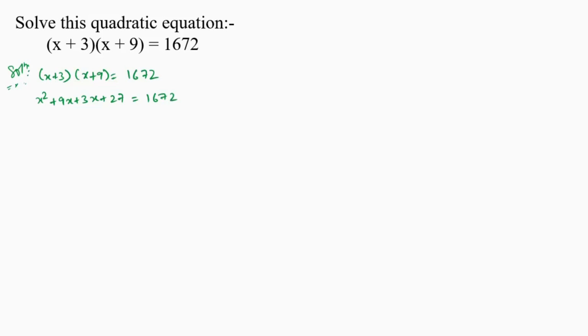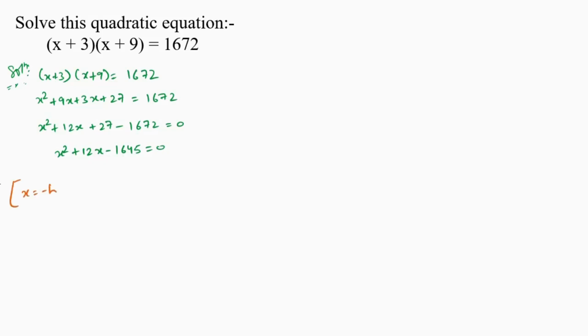Now bring this 1672 to the left-hand side, we get x squared plus 12x plus 27 minus 1672 equals 0. And further solving this, we get x squared plus 12x minus 1645 equals 0. Now to find the value of x, let's use the quadratic formula, which says